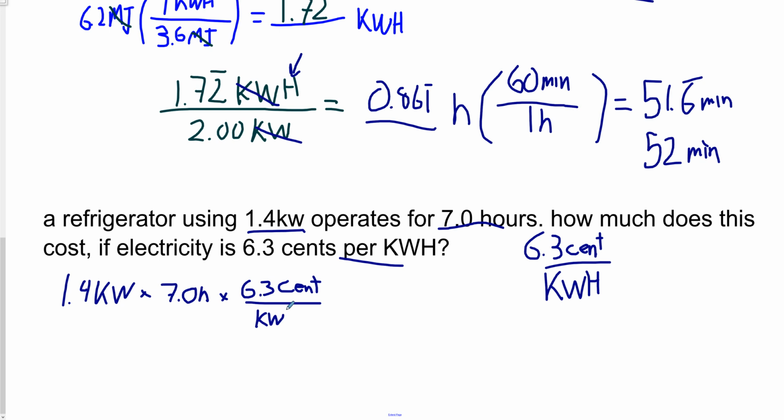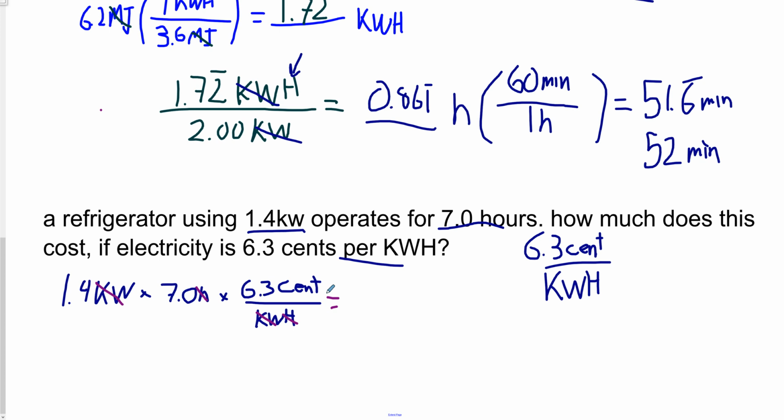Because look at what's going on with the units. Kilowatts on top, kilowatts on the bottom, goodbye kilowatts. Hours on top, hours on the bottom, goodbye hours. So when I do the math, all I need to do is multiply all those numbers up top together. That's going to give me my cost in cents. Might you have to convert it to dollars? Yeah, you might. So 1.4 times 7 times 6.3 is